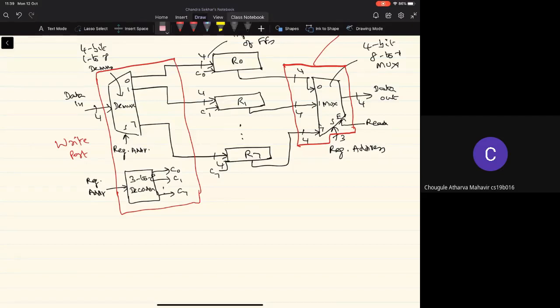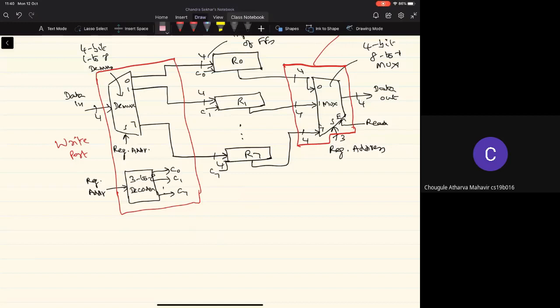Typically, as we'll be seeing later, we don't really need to perform multiple write operations simultaneously in the execution of instructions in the processor. So typically, what is used in the register files available on the processor are register files with multiple read ports and one write port, using which we can perform the necessary operations in an adequate manner.